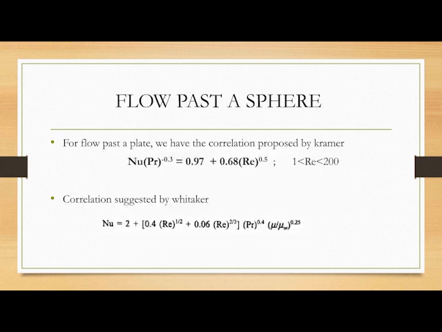So let's discuss a situation where we will be using these correlations. Suppose we have been given a ball of ice of given diameter at a given temperature and it is suspended in a dry airstream at given temperature and velocity. So we could be asked the initial rate of melting of ice, or the time taken for the ice to melt away. There we shall be making use of these correlations.